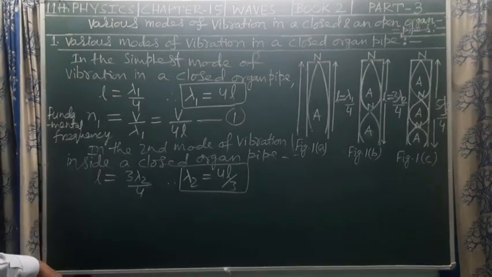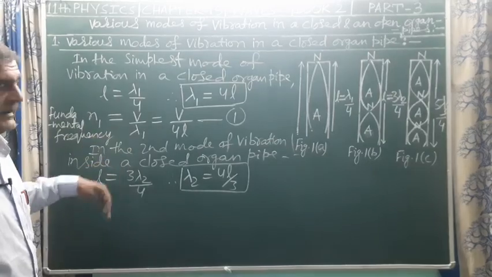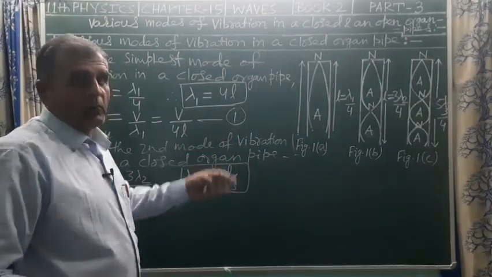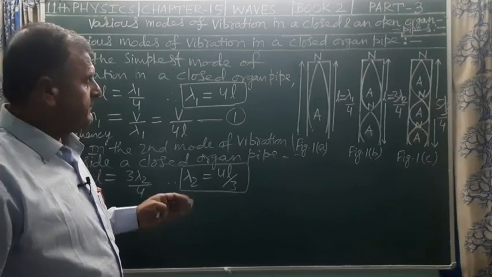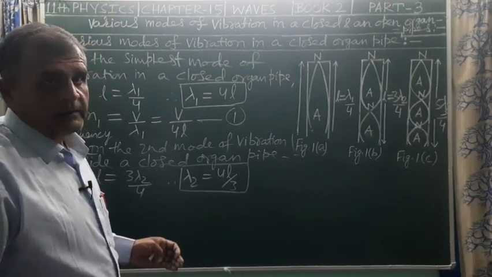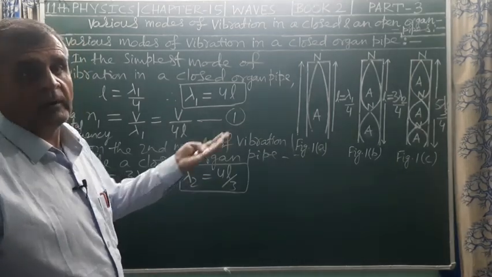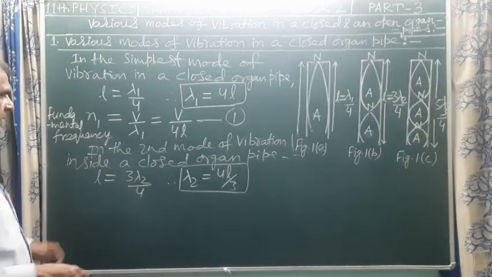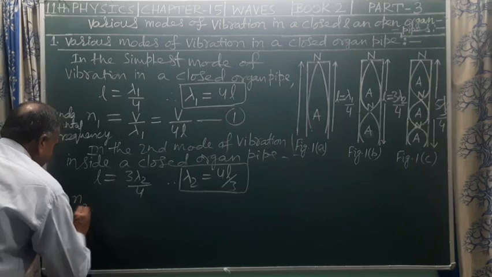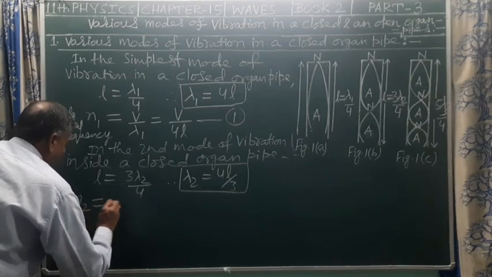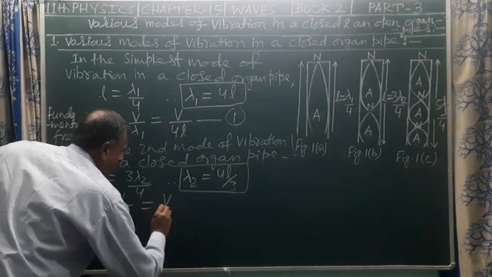And now, second harmonic or first overtone. The second frequency produced in the second mode of vibration inside a closed organ pipe is called the second harmonic N2, or first overtone. Second harmonic is first overtone. So second harmonic N2 or first overtone is N2 equals V upon lambda 2, that is V upon